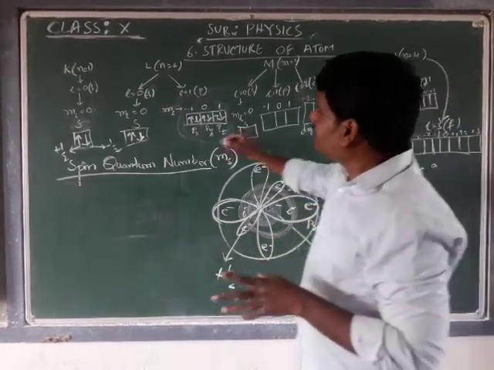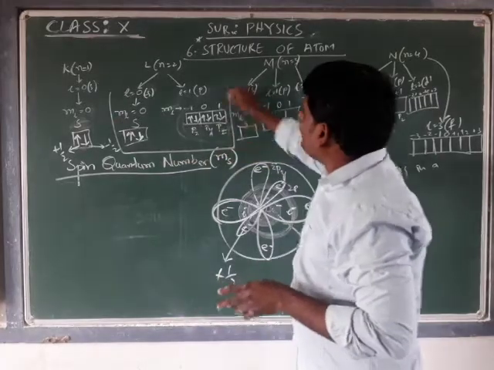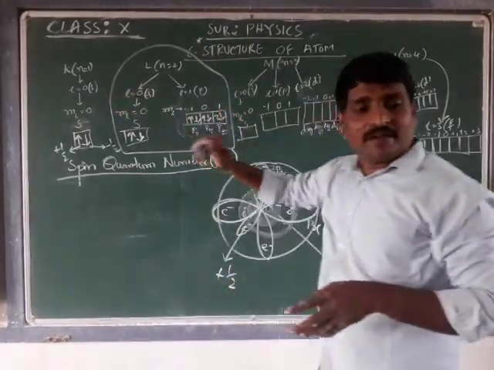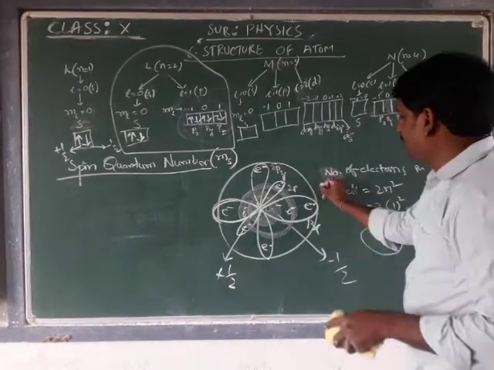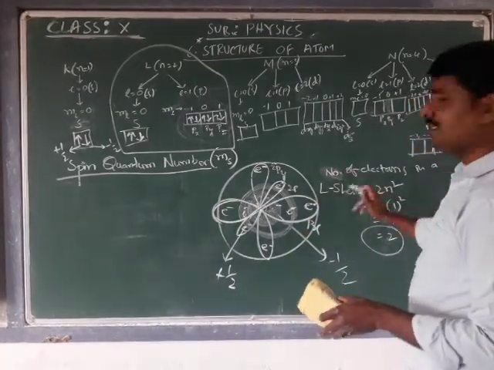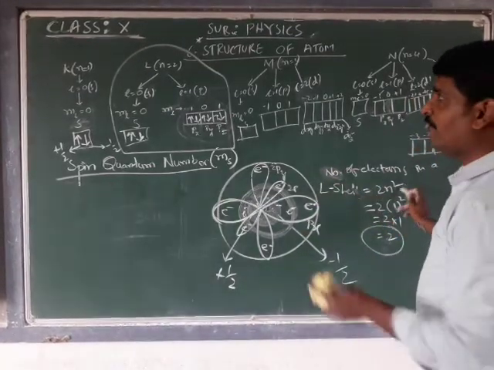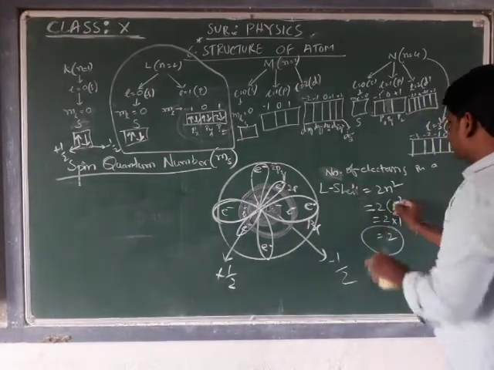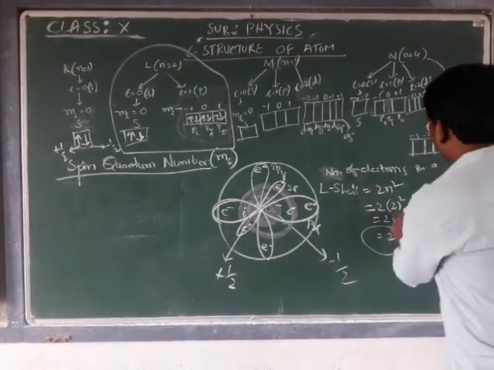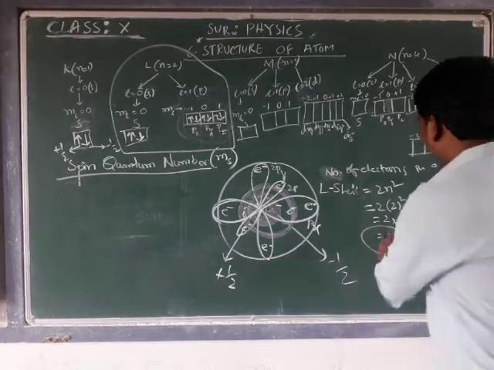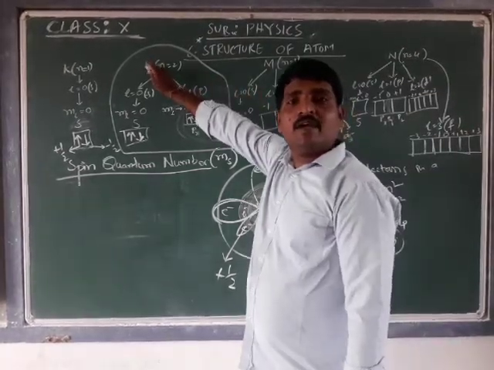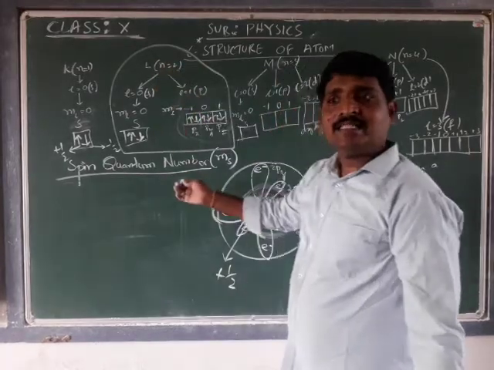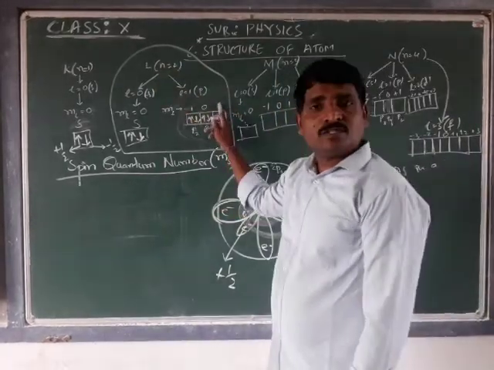Okay. Now let's see how many electrons there are for a shell. That also we have to keep in mind. For example, the L shell. The number of electrons in the L shell is given by the 2n square formula. 2 into n square. n square is how much? 2 into 2 square, that is 4. 2 into 4, that is 8 electrons can be accommodated in the L shell. Is it getting satisfied? Yes, as it contains 2 subshells.